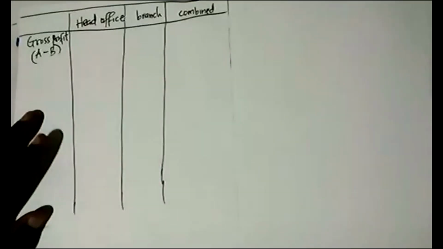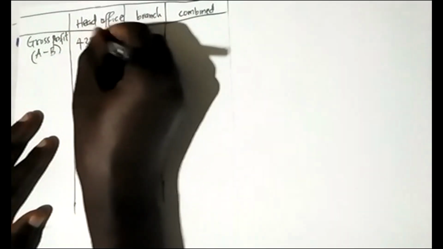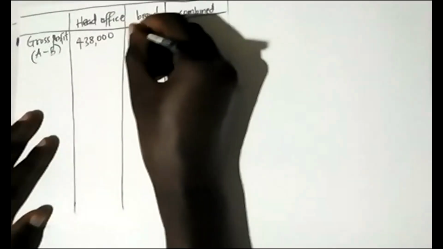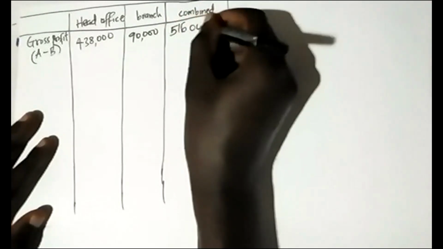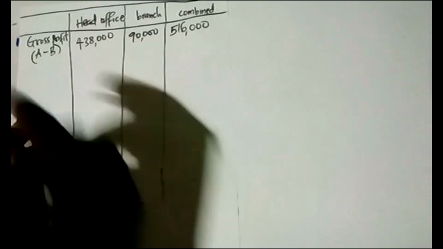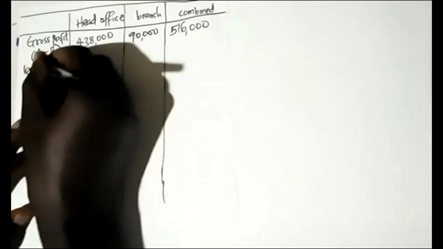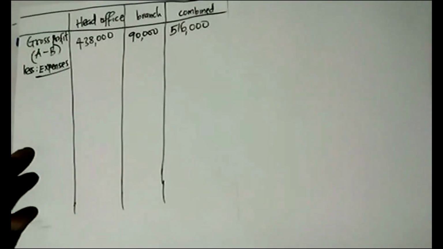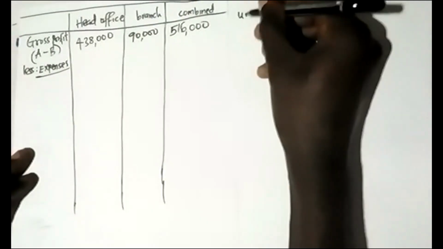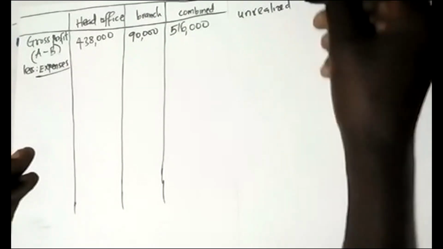So if I just do that, like now the first one is 43.98 minus 39.60. So that one I'm getting 438. Then the second one is 90,000. The third one is 516,000. Then now we need to raise expenses. So for expenses, the first expense I will start with is to determine unrealized profit,